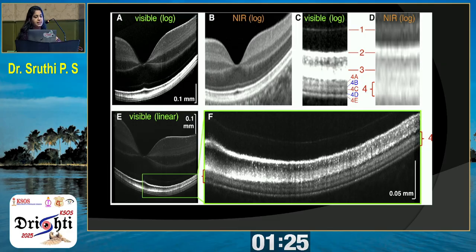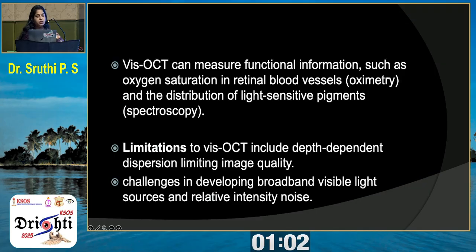So this is an example of visible light OCT. In the left hand picture you can see the visible light OCT, and this is the near infrared OCT. When we compare the outer retinal zone, you can appreciate the different layers of the outer retinal zone clearly with the visible OCT. When compared to the near infrared, it's already a blurred type of picture we are getting. So this is a useful technique actually,